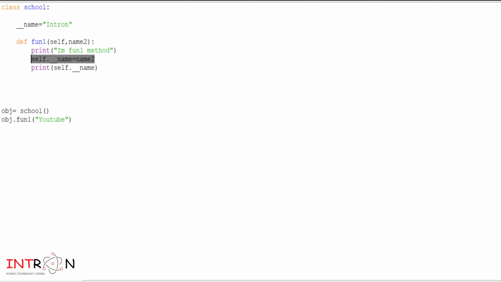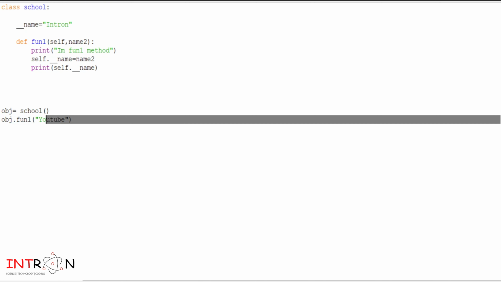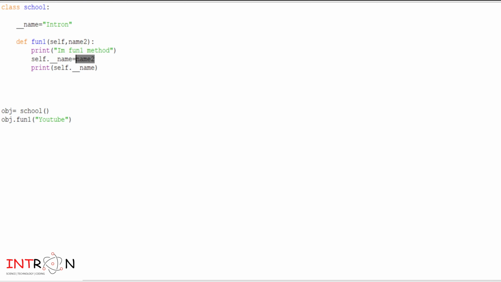So what does this mean? We have assigned the value inside the class only. So the value change is possible, and we have done it from inside the class only, not from outside the class. We have just taken the value from outside the class and changed it inside the class. So private member variables are accessible or can be modified from inside the class only, and here we have modified it.